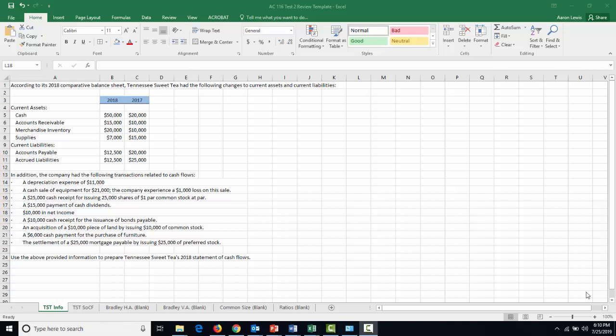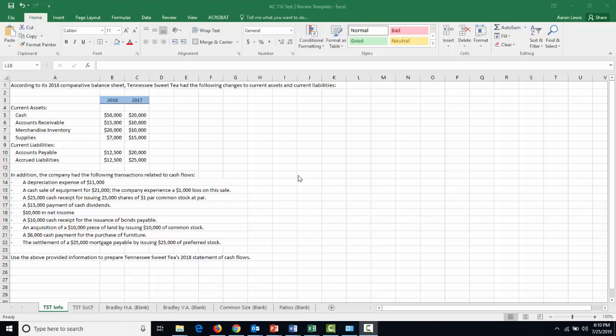We're going to be using the indirect method, which means we're going to take the change in accounts from one period to the next. In this case, from Tennessee Sweet Tea's 2017 numbers to their 2018 numbers. We're going to need that for their current assets and their current liabilities, and all of those numbers are listed up here conveniently. And we can see right now the number that we're looking for is the solution to our statement of cash flows. It's going to be equal to whatever cash changed by from the last period to this